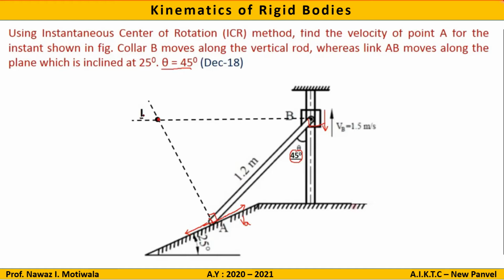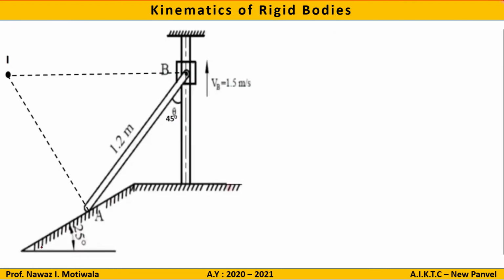Now let us proceed further. After doing this step, what is the next step? The next step is to write down the link. So I have written link AB and the corresponding ICR is I1. See, I am following exactly the same steps which we followed in the previous problems. So I have written link AB, corresponding ICR is I1. And what are the two different points? The points are point A and point B. After writing the point names, what do we do? We write the equations for velocities.